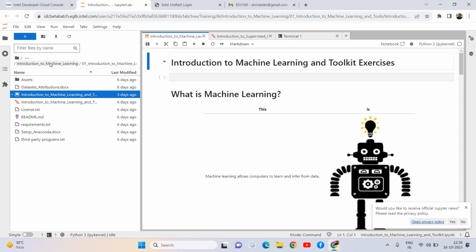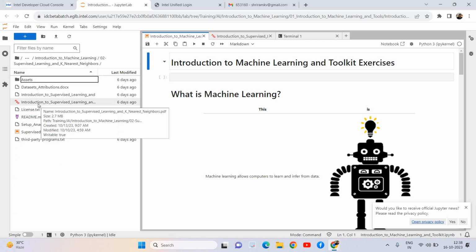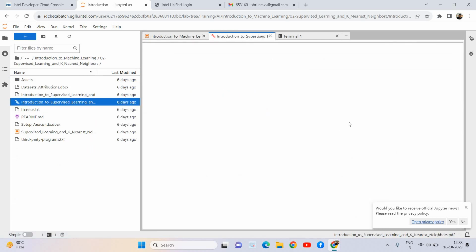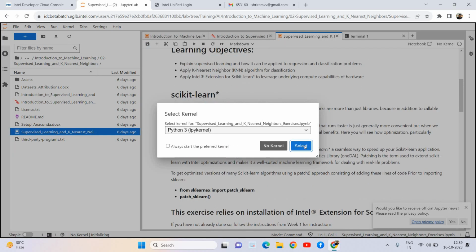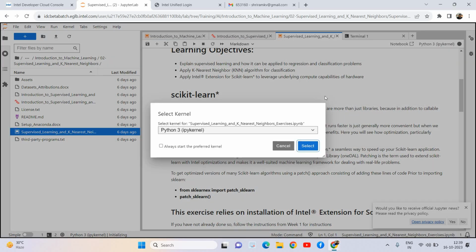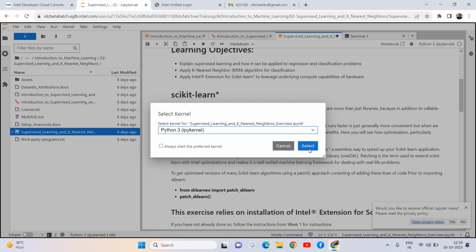You can see that all these are preloaded for you. The training materials and modules are available. Each of these modules will have a proper PPT for you, which will train you with the content that is connected to that particular module. You can scroll through it, you can learn it at your comfort. And most importantly, you also will have an IPYNB file which you can use to learn, practically try out things. And you have the option to select kernels as well. You can see that we have got kernels updated here, and you can select the kernel whichever you want and